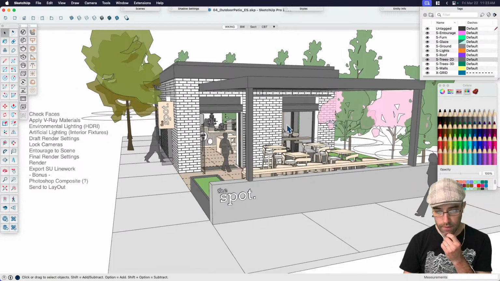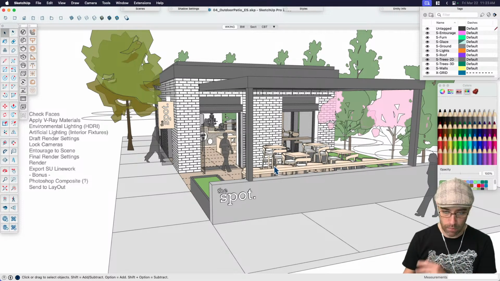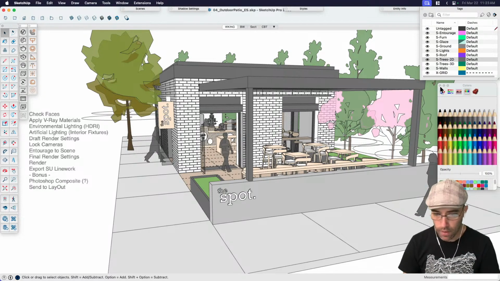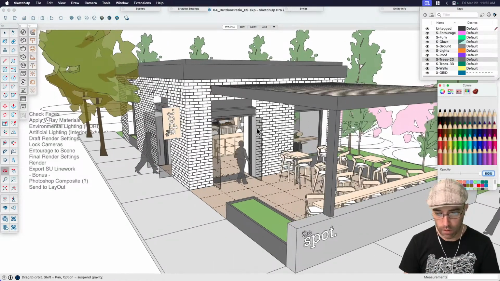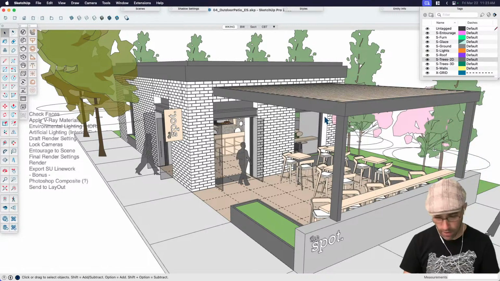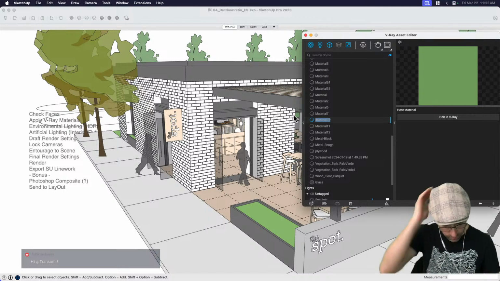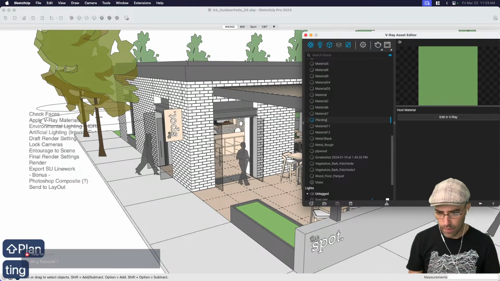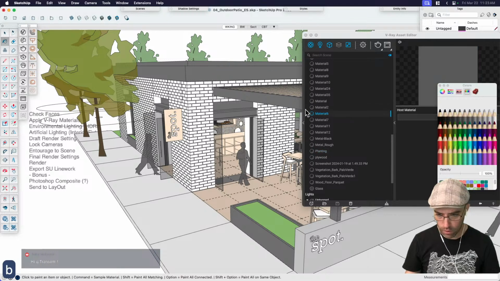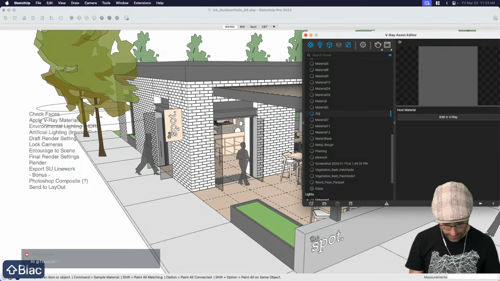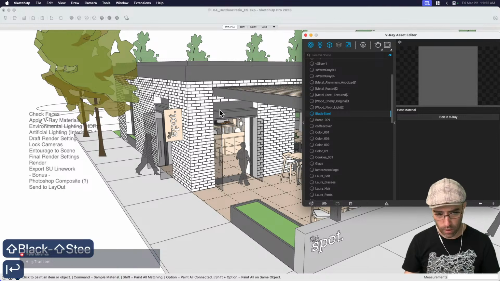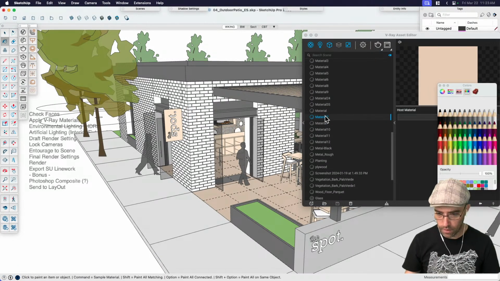So here's what I did. I just spent this time. We need to swap these materials. I probably should have had the materials done in advance of this, but hey, whatever. So what we need to do is switch those out. We need to find some materials that we want to replace. Right now, everything that's black is going to be metal. So let's go into V-Ray instead of SketchUp's material browser. This material 10, I'm going to rename this, because, again, facing products on the drugstore shelves, I'm going to call this planting. And then over here, this black one, I'm going to call this black steel, for lack of a better word. This kind of tannish one is going to be